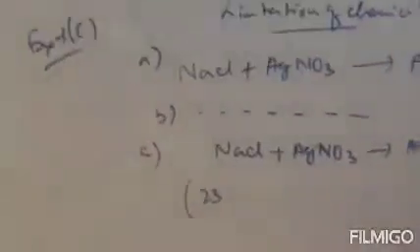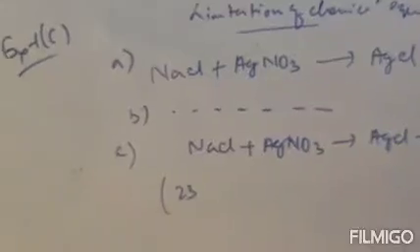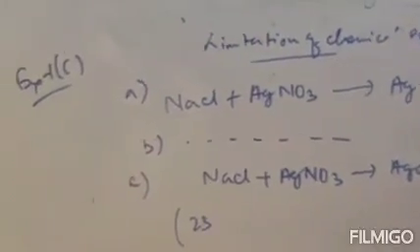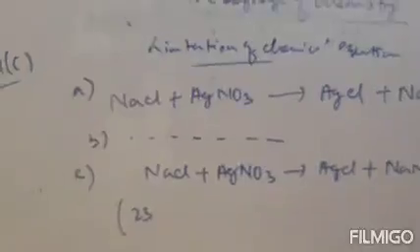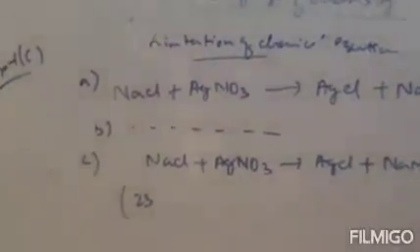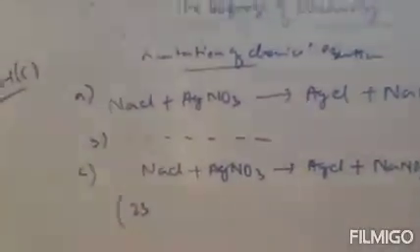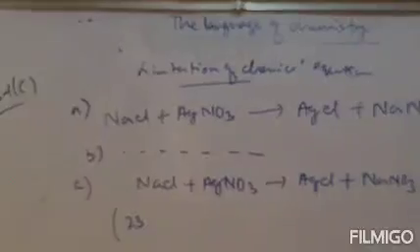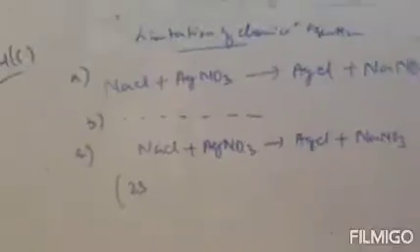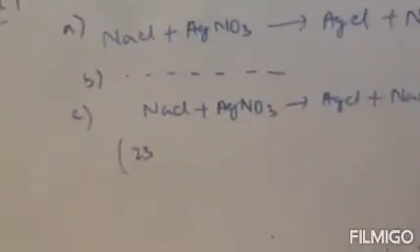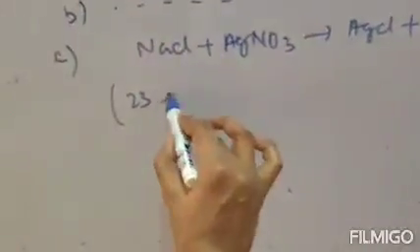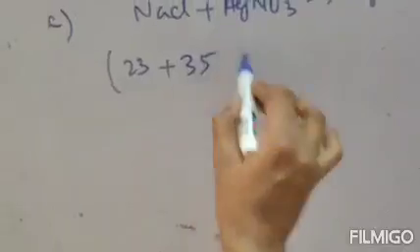Just recall session 2, the previous session, where I told you to study all the atomic numbers and atomic weights given in your exercise book in the tabular chart form. Go through all the atomic weights of elements, and then you will do this type of question. So the weight of sodium is 23 and the weight of chlorine is